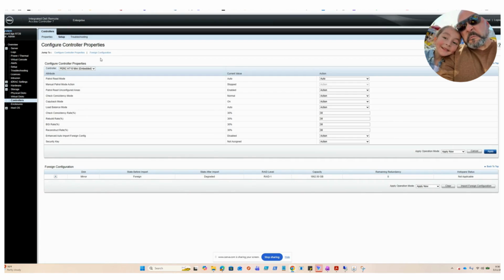I'm doing this by memory because I haven't done this. I did it to one server maybe last year. Let's see, which one is it? Configuration controller. So this is how it was behaving when the RAID was going on. So once I remove it from there, then I'm gonna have to